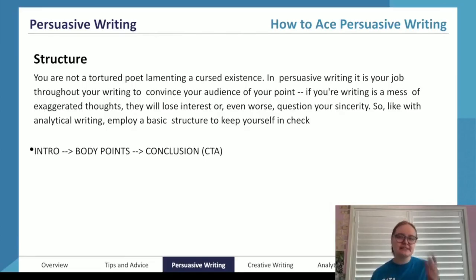So a call to action is basically saying there's a light at the end of the tunnel. Yes, I understand that this issue is bleak, that it's depressing, but there's something that we can do about it. And it's your job as the speaker to convince the audience that they have a role in fixing this problem. So the best way to structure a call to action is to split the audience into different groups. You might have parents, you might have students, you might have corporate executives, you might have reporters, you might have grocery store suppliers. You break your audience down into different groups and you give each different group a particular role, a particular job that they can do to fix the problem.